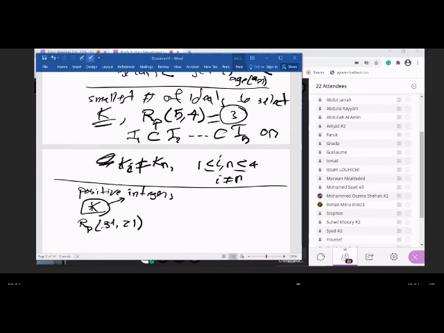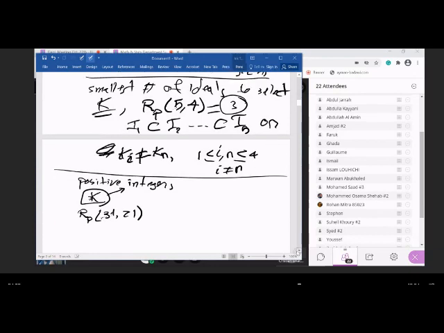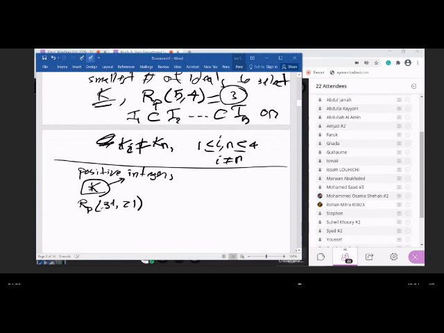I want 31 numbers, let's say A1 up to A31, where A1 is a factor of A2, is a factor of A3, keep going, a factor of A31,